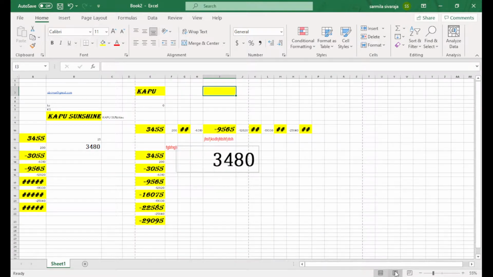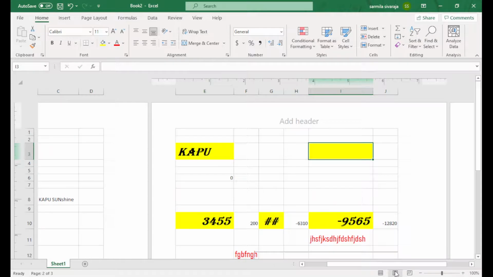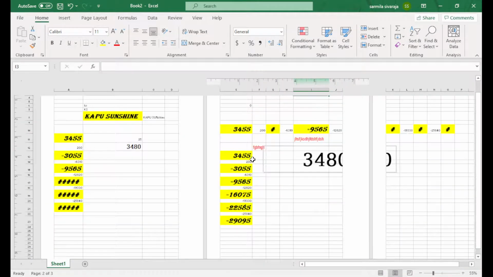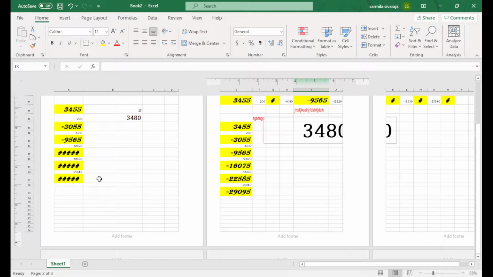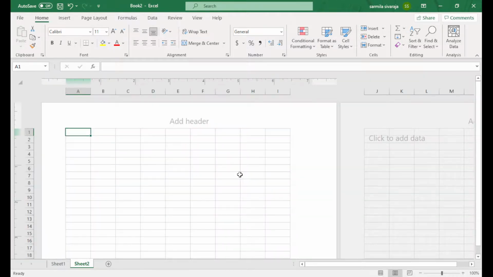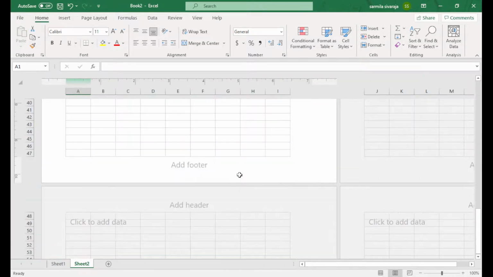Next one is the page layout view. Page layout view means it's like an A4 sheet view. Sometimes we need to align something like this. So page layout view defines the height and width based on your purpose.